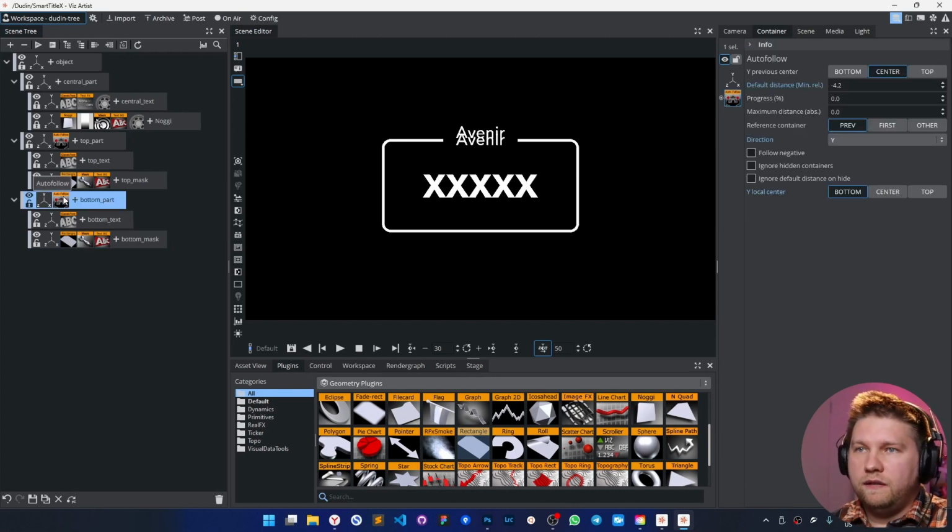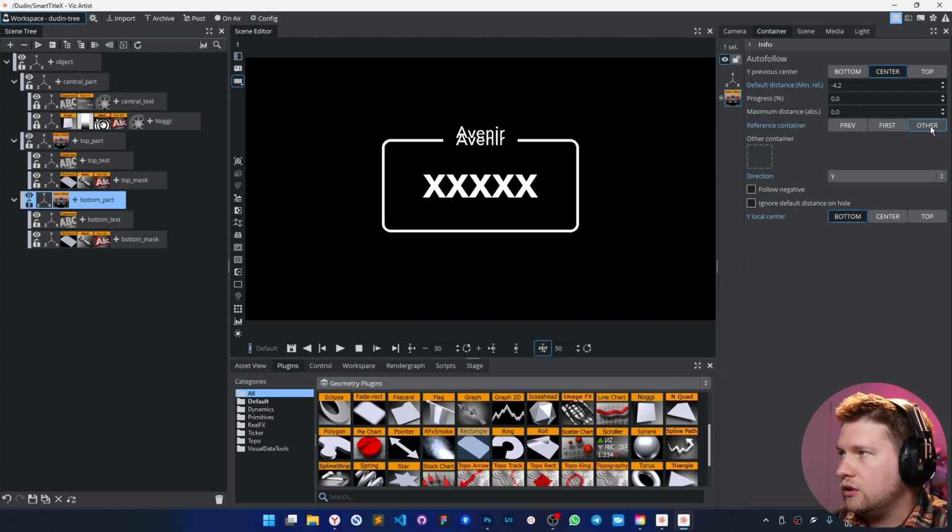But the last thing you see for autofollow, I'm not going to use the other. Just try to avoid everything non-relative in connections. It will be just a killer of all these features if you are going to use the other. So please use the relative logic.